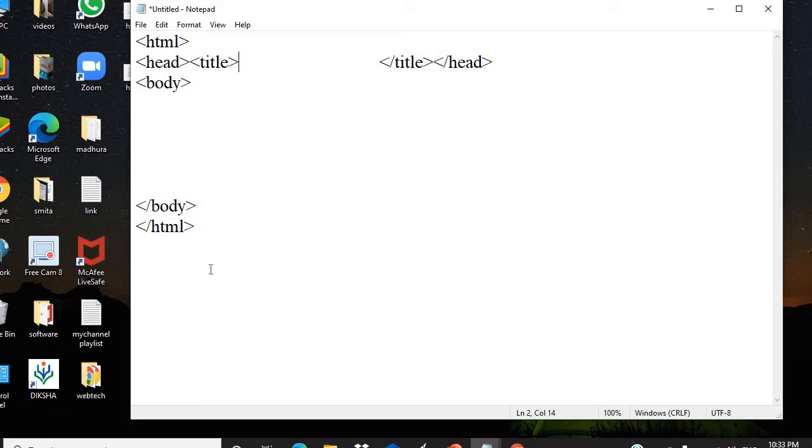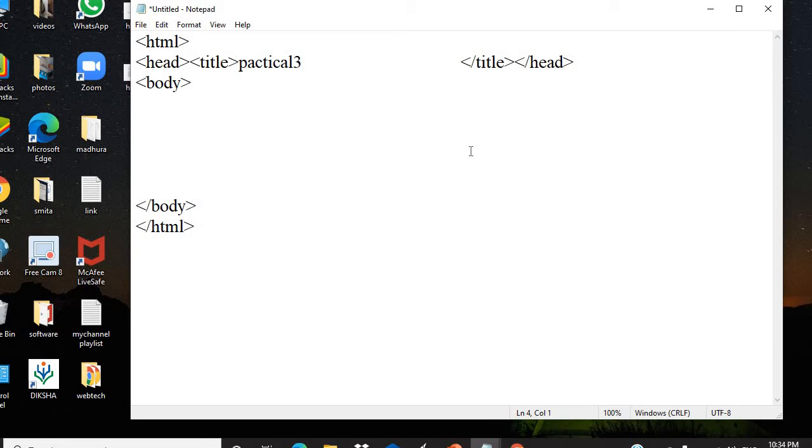Let's assume I am giving here practical third. Any name you can give as a head and title. Now first of all we will see about the block quote, that is quotation.